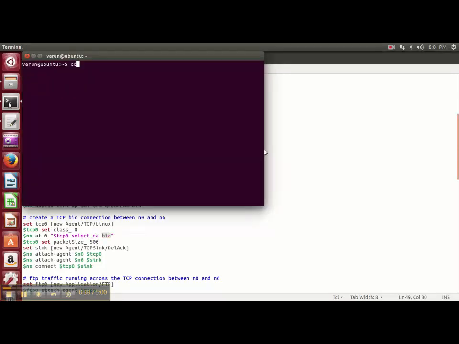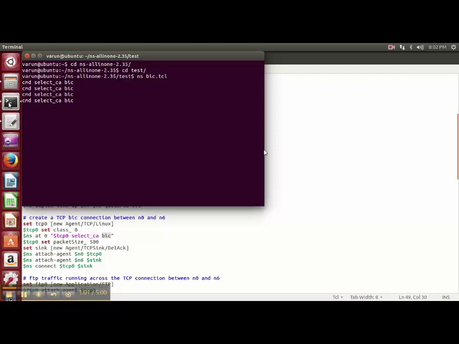Now to do the simulation, we first have to generate the trace file. So we'll execute this file in NS2 using the command ns. To do so, we have to redirect ourselves to the directory where the files are located. Our files are in the test directory with the name big.tcl. So I'm going to execute this file: ns big.tcl.